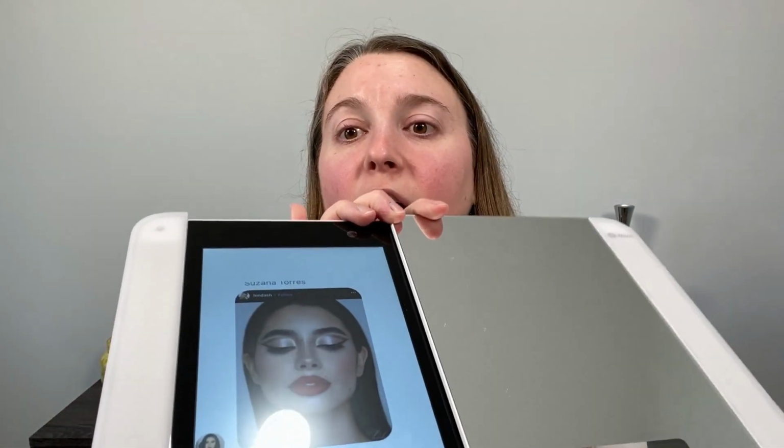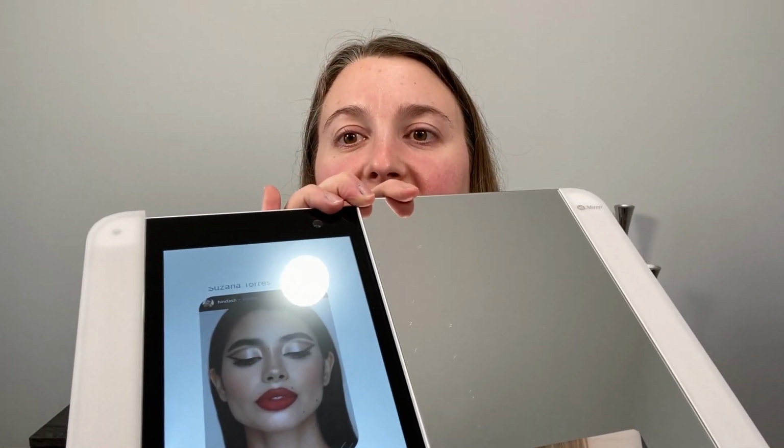Sometimes when I do these videos, I take a look at the photo at the beginning and then I don't look at it again until I'm done. This time, I'm going to be using a new tool. So I have a high mirror and I will be doing a video on this next week. But basically, it's a mirror that can slide out. Let me see if I can show you here. I'm not sure if my cord is reaching enough, but basically I can slide it open and I can keep my photo there, or I could watch YouTube or anything like that, and I still have a mirror on half of the screen. So I'm going to be using that today to take a look at this